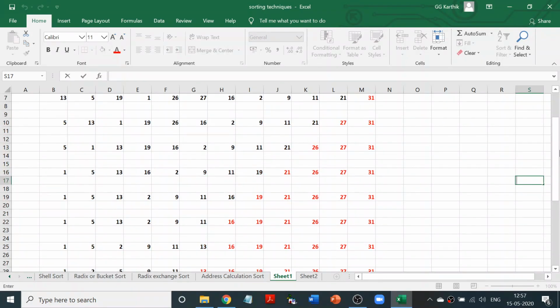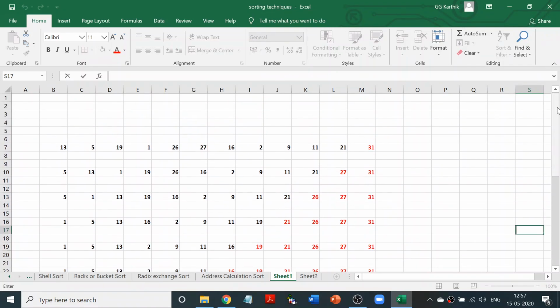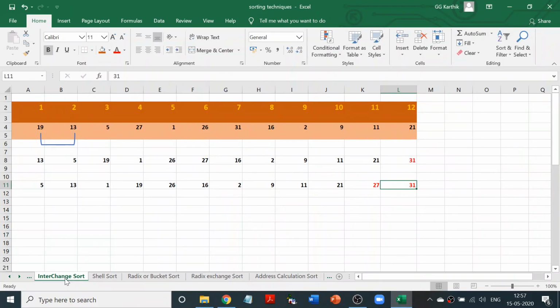So you have to write the whole iteration. You know that it is very simple, but marks will be given only if you write the steps. So don't simply think it is easy, and say I will only write the first step and then write the sorted order. It doesn't work like that. You have to write all the steps. Whatever I have shown you, you should be writing all the given steps, right?